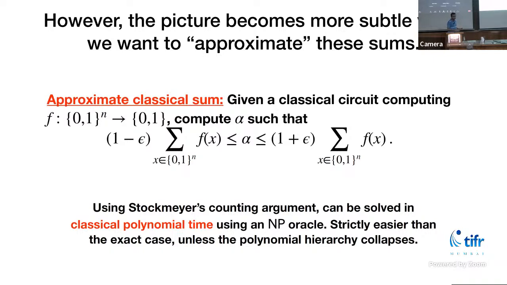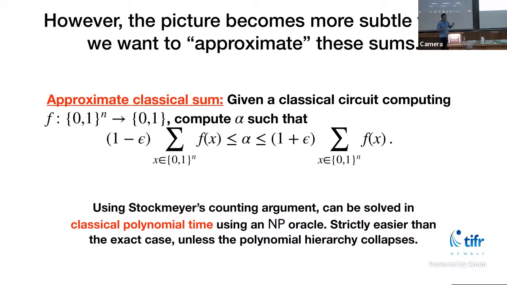Interestingly, this problem no longer remains sharply hard. By a standard technique in complexity theory called Stockmeyer's counting argument, it can actually be put in classical polynomial time with this black box.